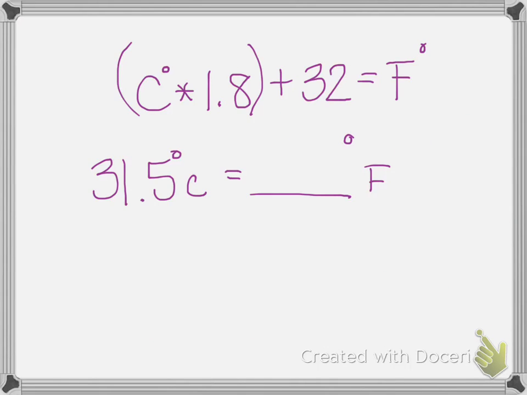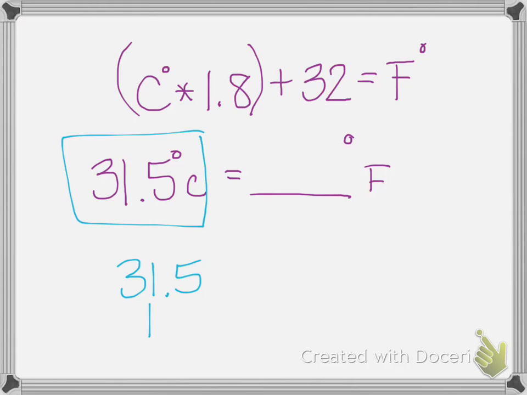Number 3 says you can use this formula to convert temperatures from degrees Celsius to degrees Fahrenheit. So we take our Celsius degrees, we multiply it by 1.8, and then we add 32 to figure out what our degrees would be in Fahrenheit. So if we want to plug it into this problem, we want to know how much 31.5 degrees Celsius is. So we do